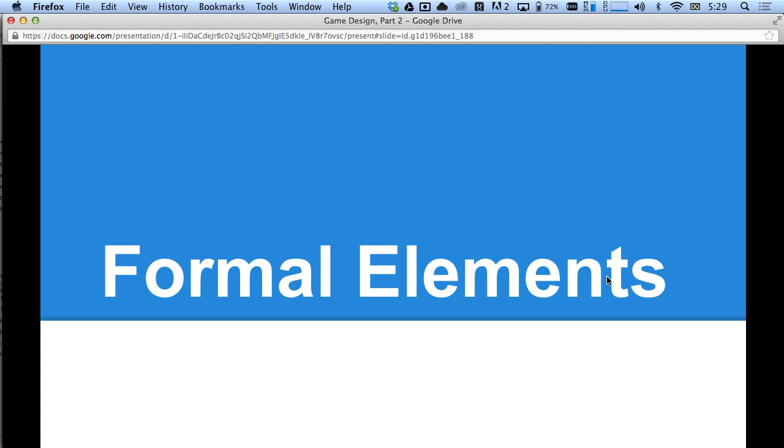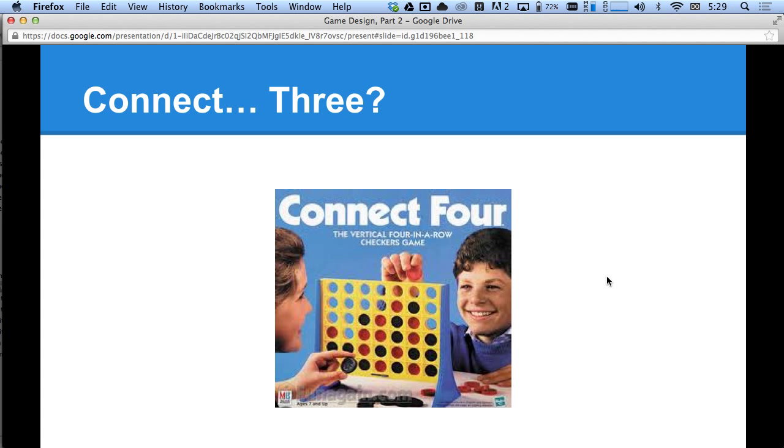But first, my favorite example of why the formal elements are so important came in one of my game design classes. We did an experiment where we had to essentially attempt to change an existing game. And one of the existing games that you could attempt to change was Connect 4. So what's really interesting about this, and maybe